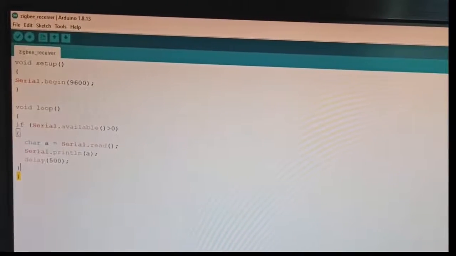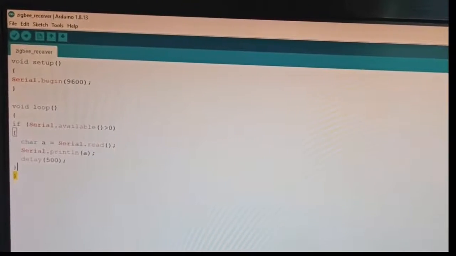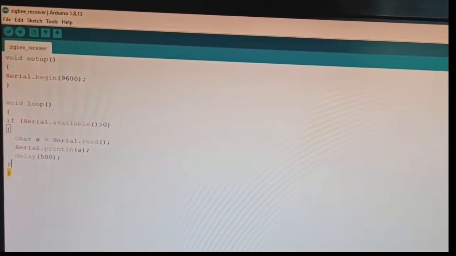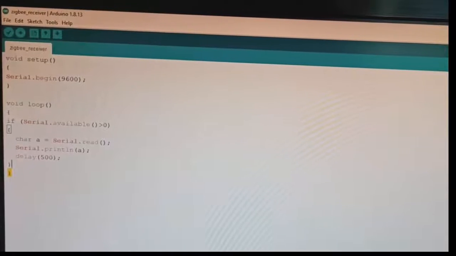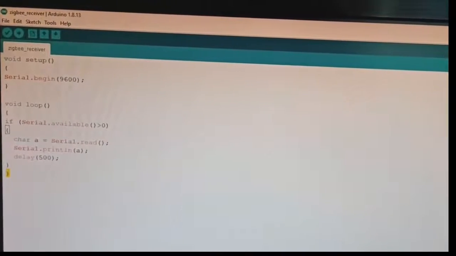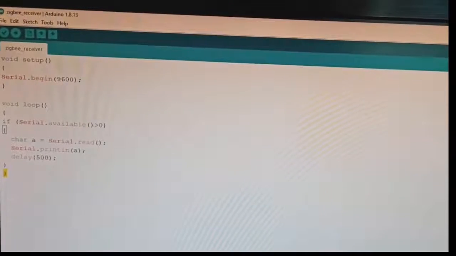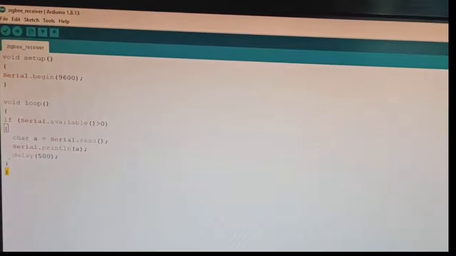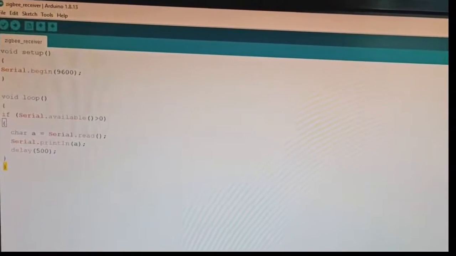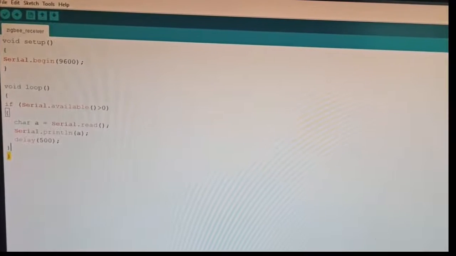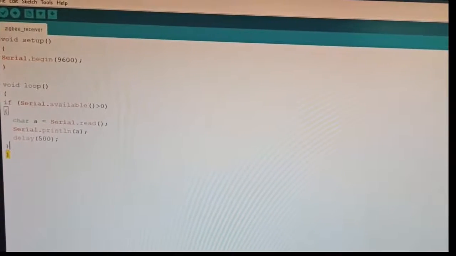So I am creating a character variable a, reading the data of the serial receiver and storing it in the variable a, and then I am printing the variable a using Serial.println(a), and I am giving a delay of half a second. The data will be printed in the serial monitor.